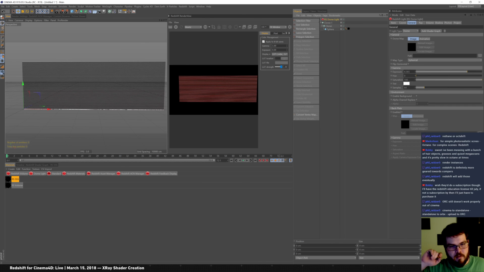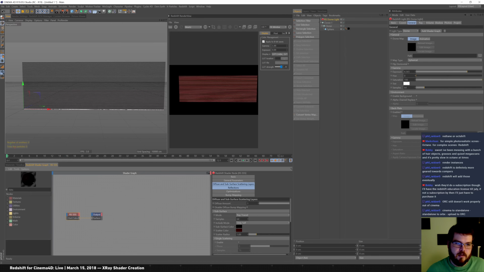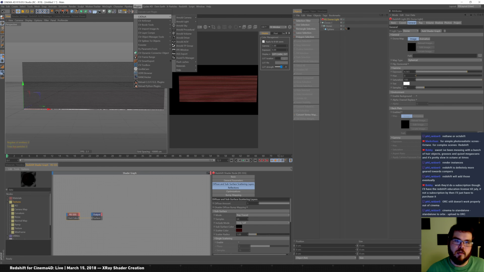So if you start to learn Redshift and you go to a job and they have Arnold, and especially let's say Arnold goes GPU at some point, as it keeps being rumored, then you can very easily go in and see, okay, here's textures, AO for ambient occlusion, camera map, curvature. Okay, so now if I go in and I open up Arnold and let's do,